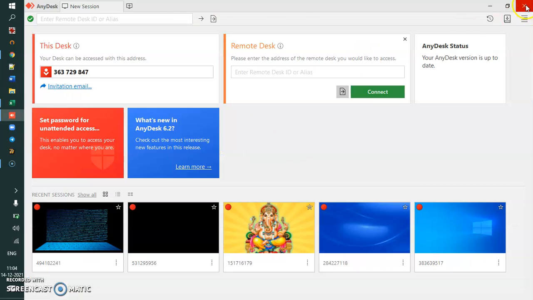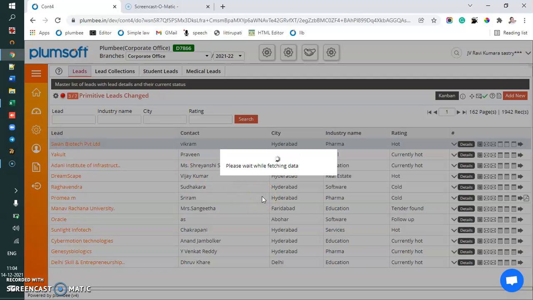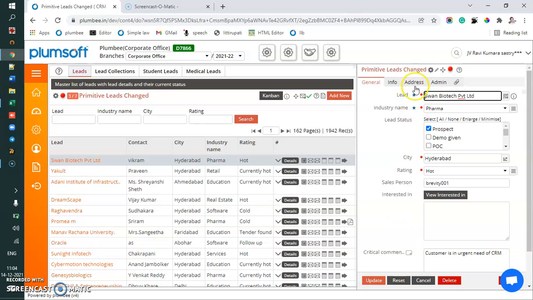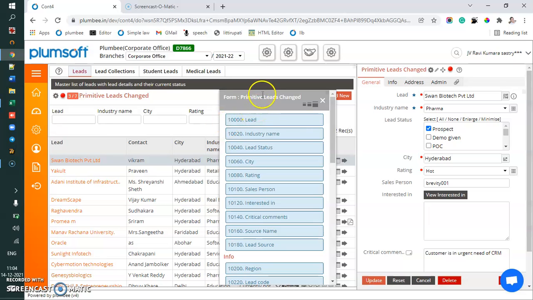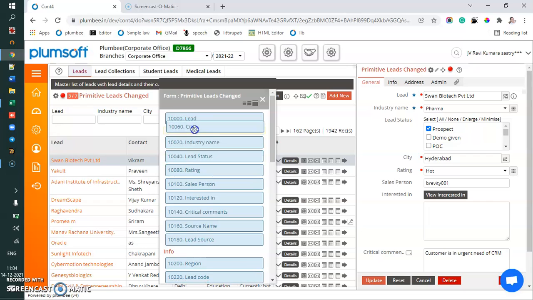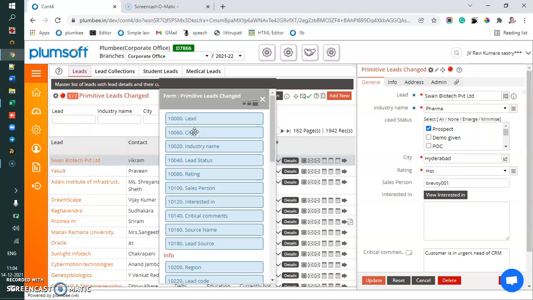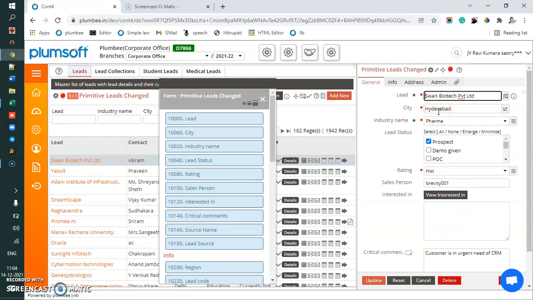The next one comes when you are editing. You will see on the edit side a lot of fields. Maybe you would like to change the order in which they appear. For example, right now we have the city here and lead here, and I want to move the city up. So I just drag this city to the lead. The moment I drag, on the right side you will see this will refresh and the city has come to the top.